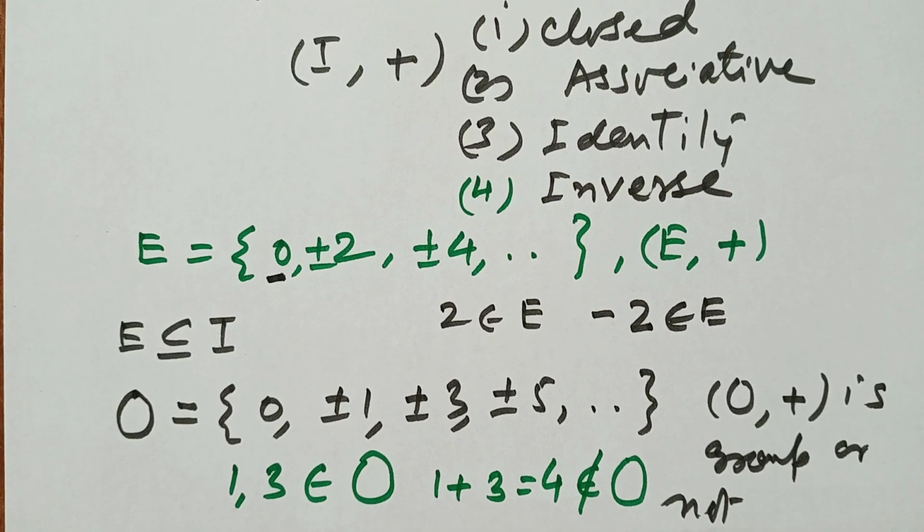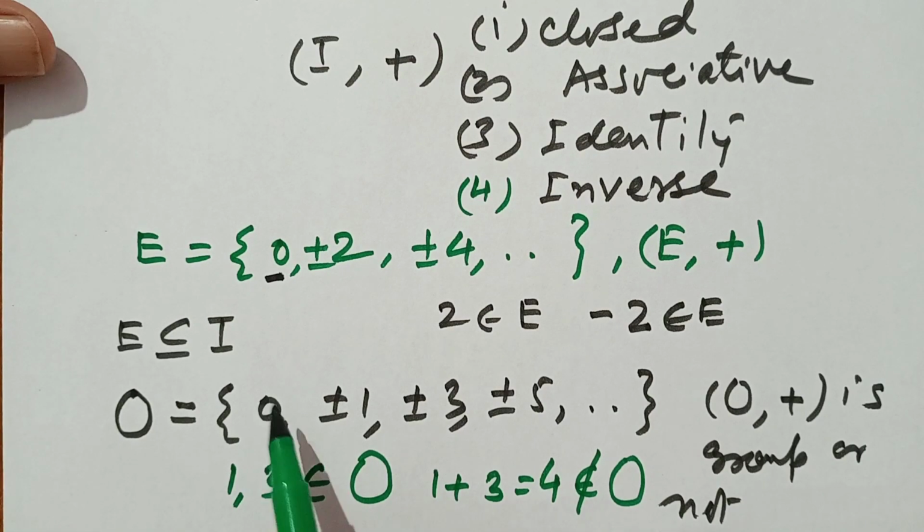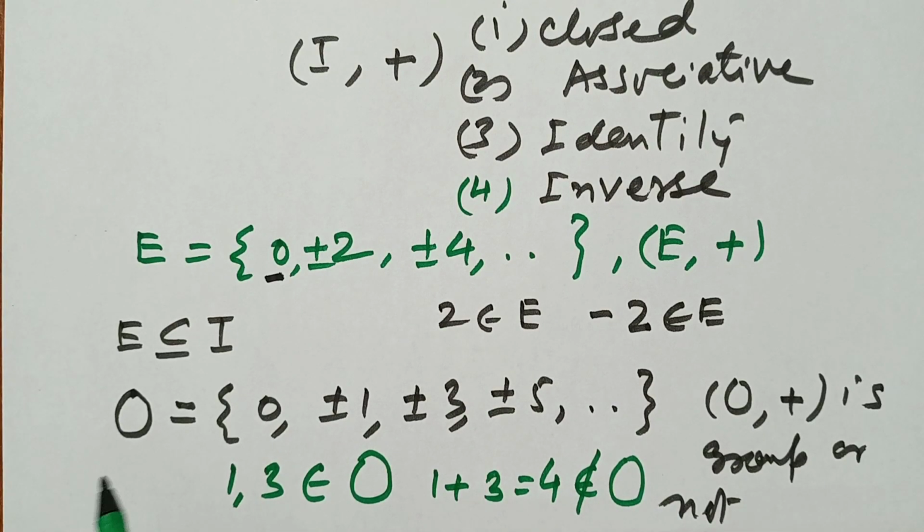Also, you can tell that this is associative, yes. Identity, yes, because with respect to addition, 0 is here. Also, inverse exists, which means the set of odd integers with respect to addition is satisfying three conditions: